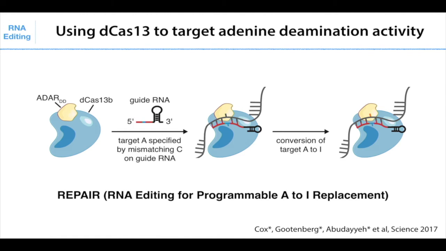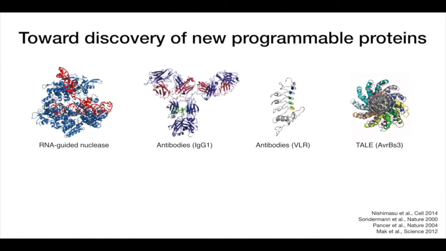So this, as well as the detection system, are just two ways that we can use these new bacterial enzymes to be able to further study biology and also try to improve human health. But one of the things that we're really excited about going forward is to ask a broader question. Besides CRISPR-based immune systems, are there other immune systems too?